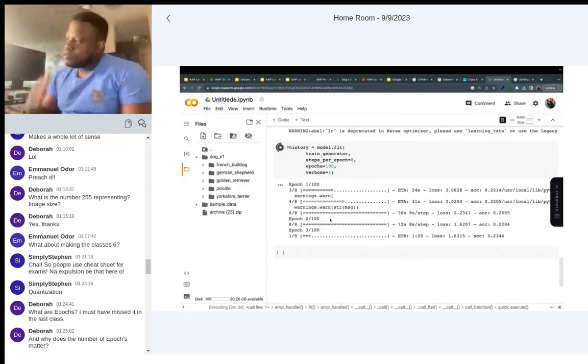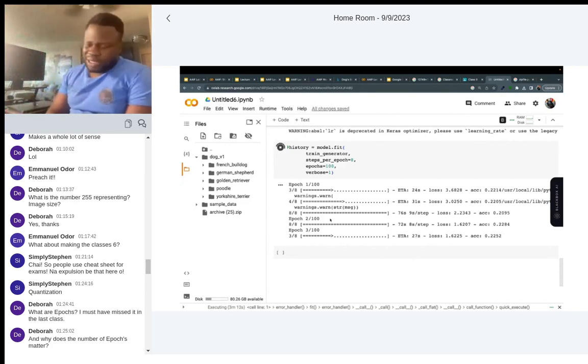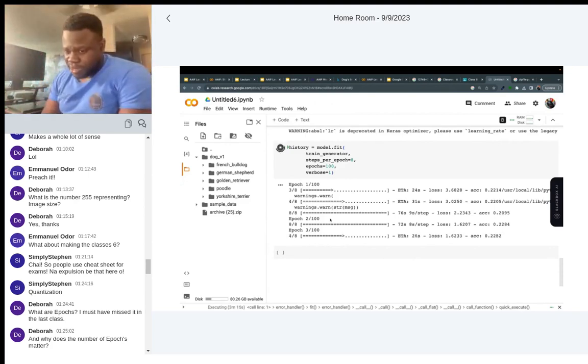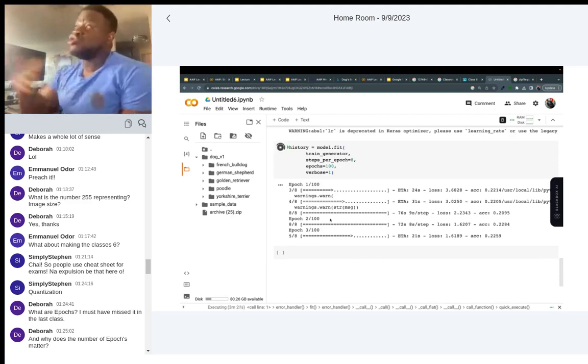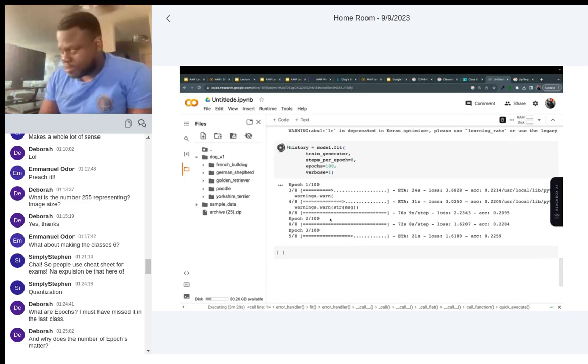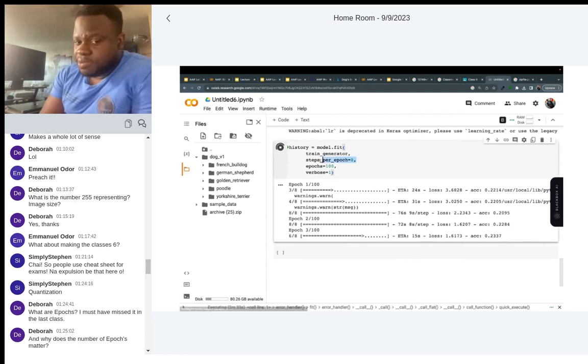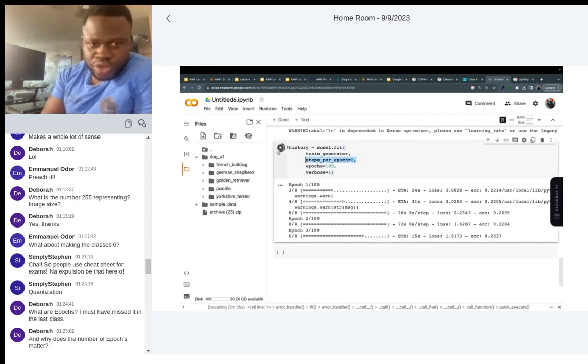So now, epoch is the number of times you will be exposed to the training data. It will fragment itself so as to expose you to the training data. There's a definition for it, which I can't remember now, but it's just the number of times you're exposed to the classwork. So if I say, for example, 5 epochs, I'm sure 5 epochs will not run through the whole data, right? Because I put steps per epoch, right? So I'm going to stop this.